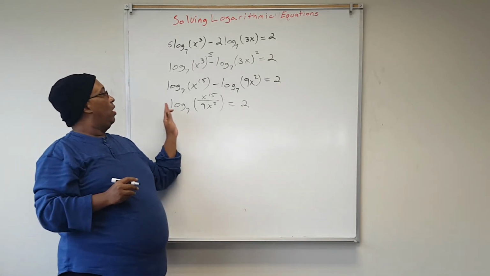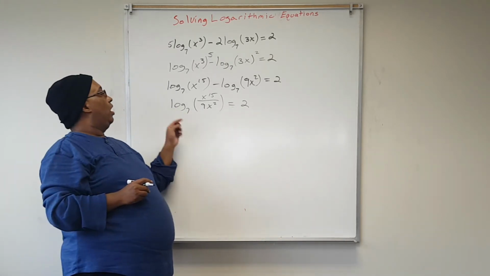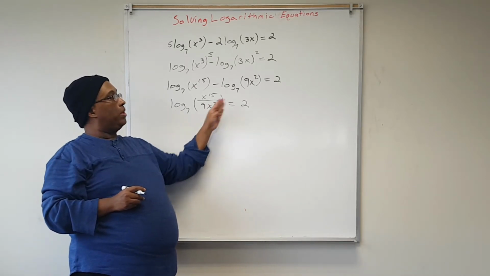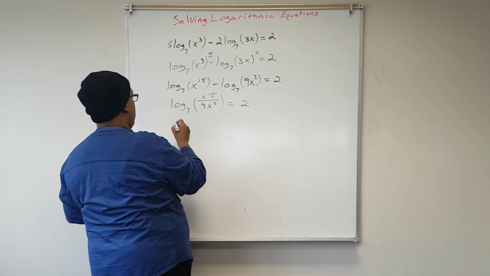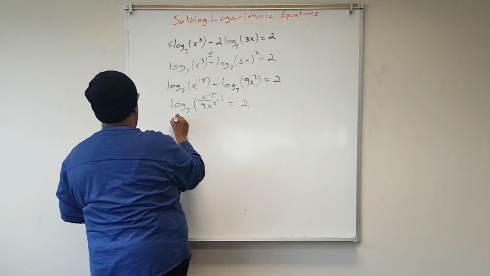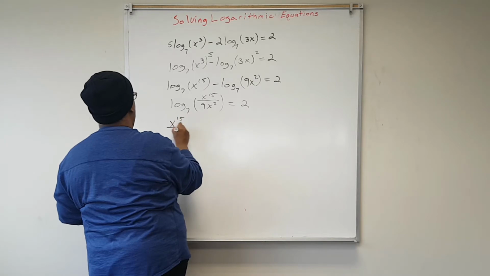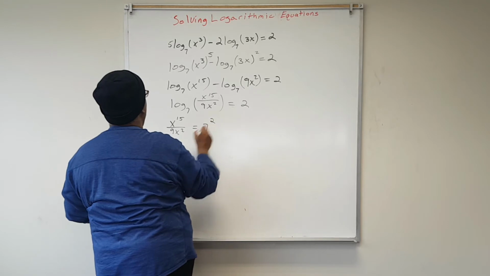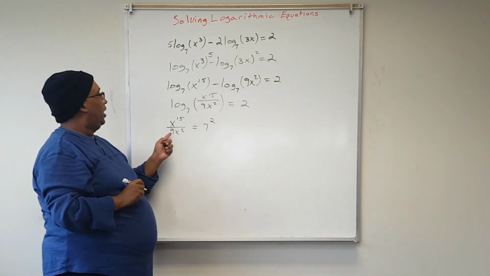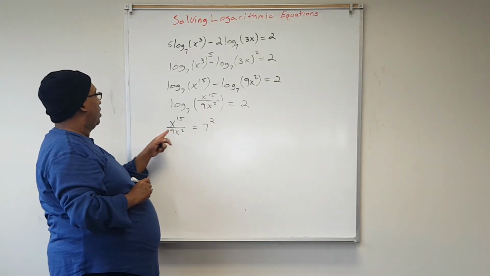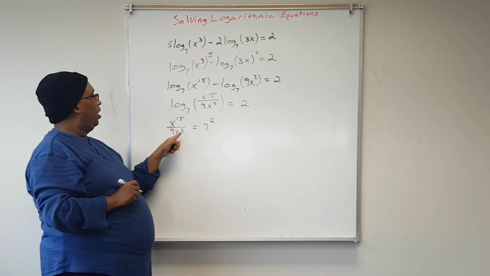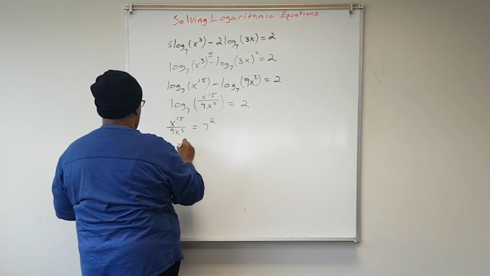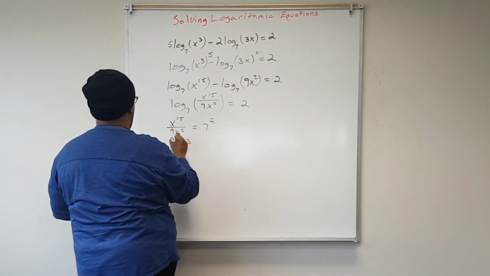Here we have our logarithmic equation. We're going to rewrite it now. Log base 7 of the argument equals 2 is the same as the argument, x to the 15th over 9x squared, equaling 7 squared. Here we can simplify this fraction because we have x to the 15 and x squared. We can reduce that. X to the 13th over 9